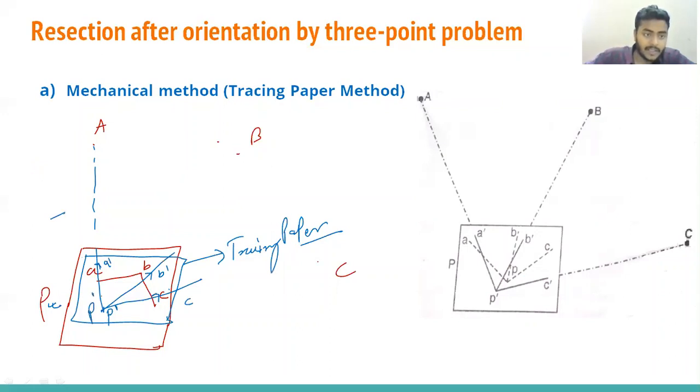P. Once P is done, then sight towards A, keeping the alidade this way. You will see that because we have rotated the tracing paper, by keeping the alidade we cannot sight A. But for sighting A, we have to rotate the plane table to sight A or B or C, right? So once rotation is done and we can sight A, it means our orientation is done for the plane table. So this is a very simple procedure.